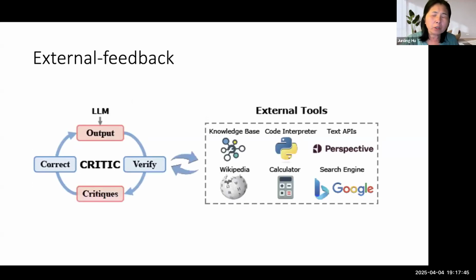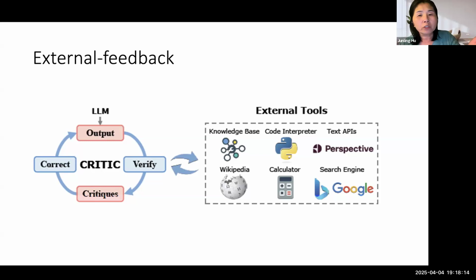The third part is using external feedback. With external feedback, what we can do is call external tools. For example, if you are writing a coding agent, you can simply call the operating system to execute the code and see whether the result is correct or not.